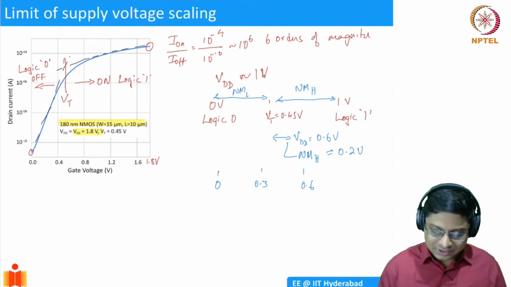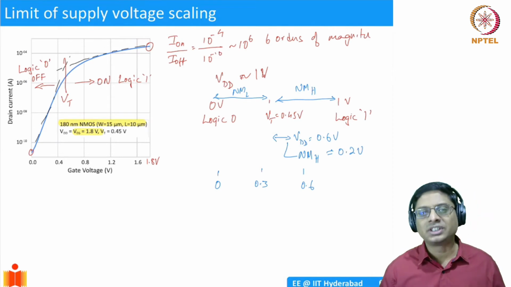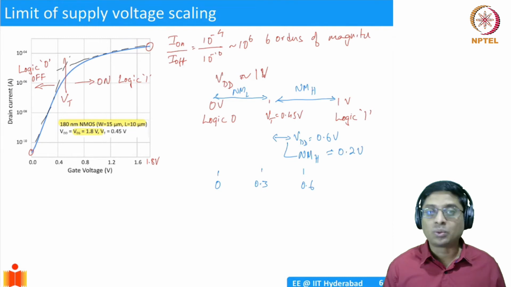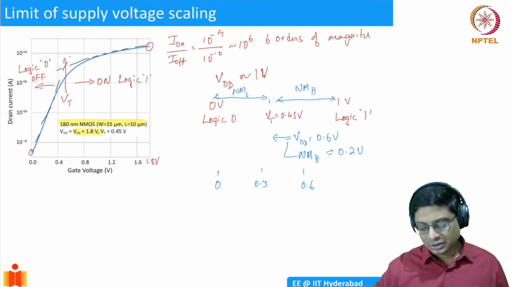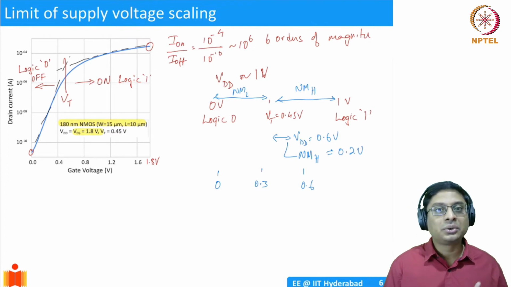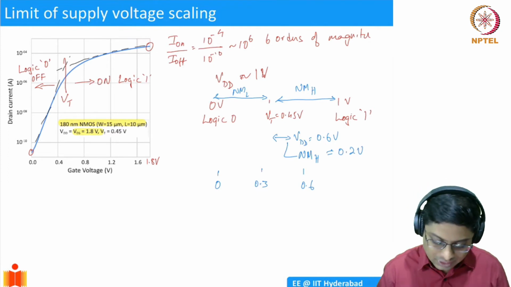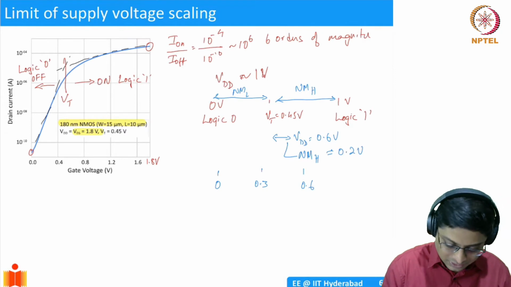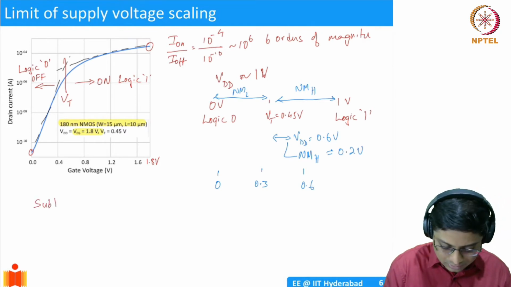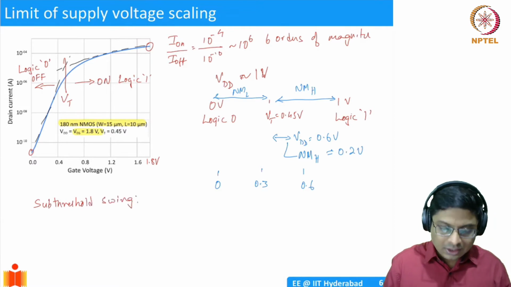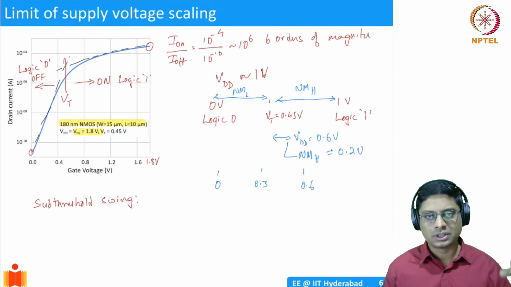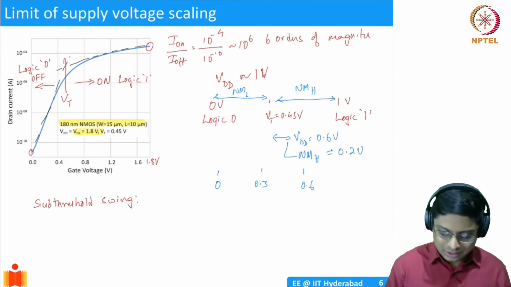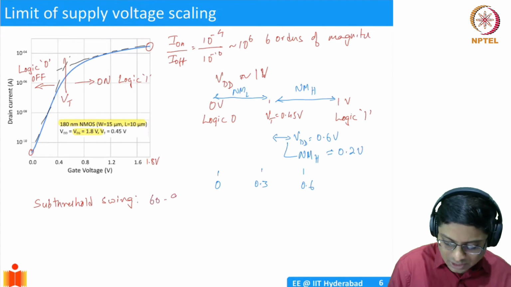Well, this is also difficult to achieve. It's not that it's impossible, but we pay a price. And what is the price? The price has something to do with the sub-threshold swing that we talked about. We can't arbitrarily reduce the threshold voltage, because remember what we discussed about sub-threshold swing. We said for a classical MOSFET, where you have current flow because of electrons jumping over a barrier, this is about 60 to 90 millivolts per decade.